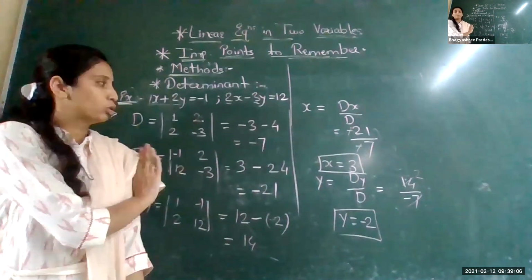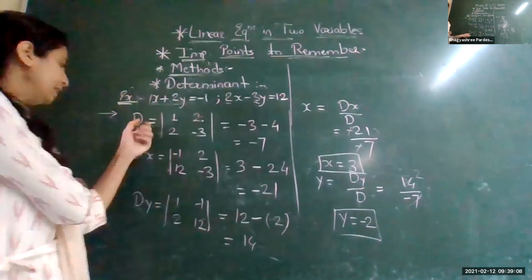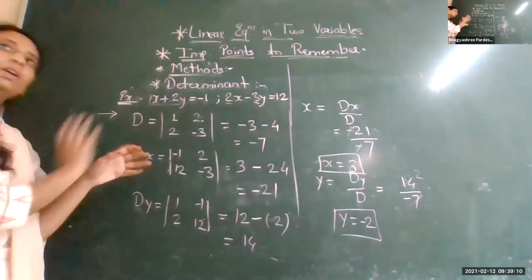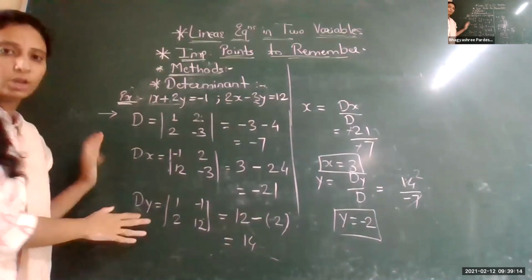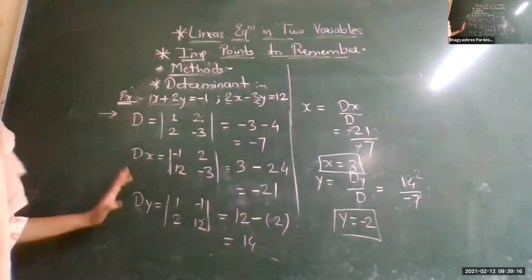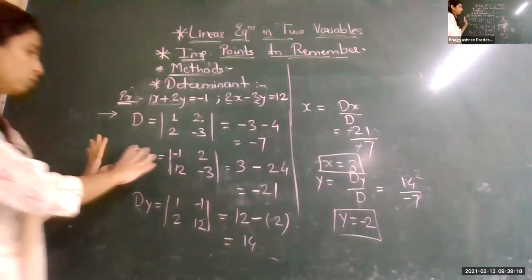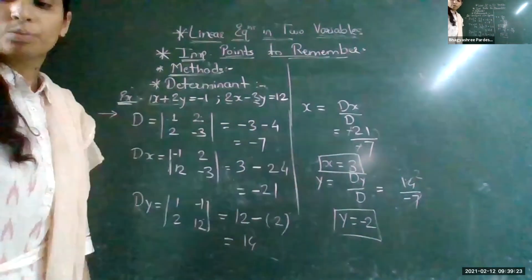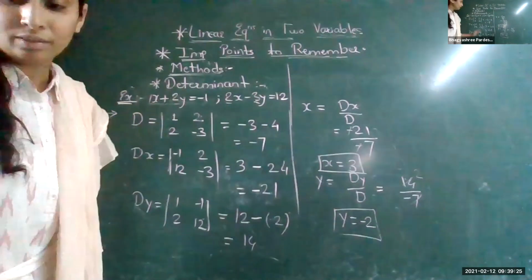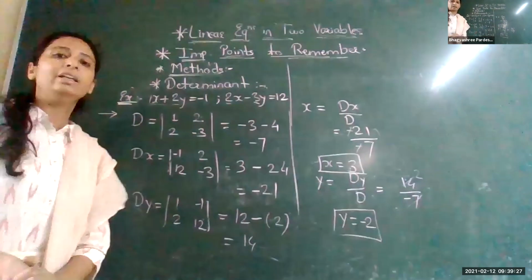For Cramer's, just remember how to write D, Dx, and Dy. One more thing. If you are solving with this, you must be able to write this very perfectly, because if you make mistakes here, your full marks will be cancelled. And next, these two formulas are the important ones. So please go through them very well. If there are any doubts, you can ask.